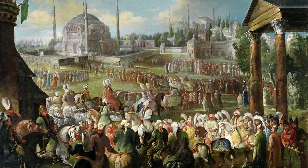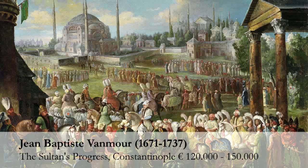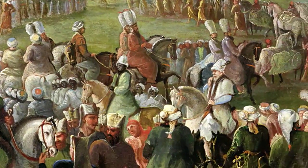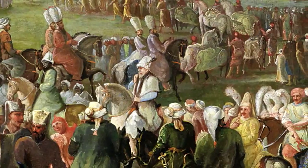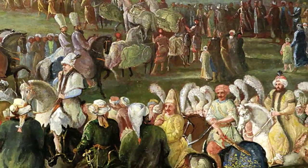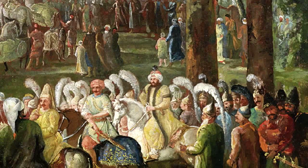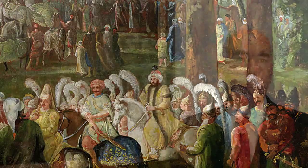One of the most interesting paintings concerning the iconography is Jean-Baptiste Vanmour's Procession of the Sultan in Istanbul, showing one of the Osman sultans in a procession riding towards the mosque, the former Hagia Sophia Cathedral. This painting depicts a lot of persons who accompany the Sultan on his way to the mosque. All these persons are very richly dressed, and they show the exotic elements of the